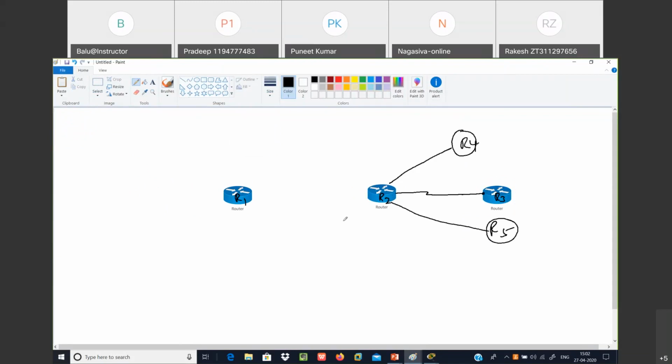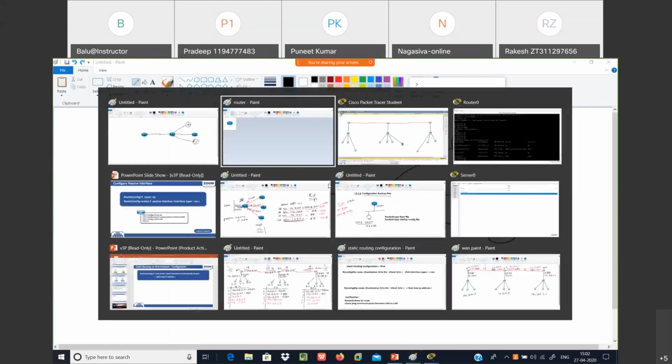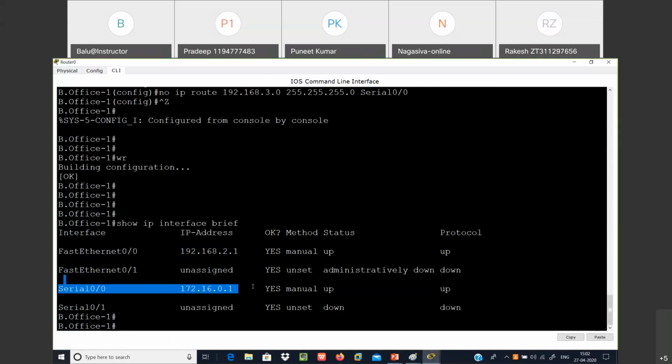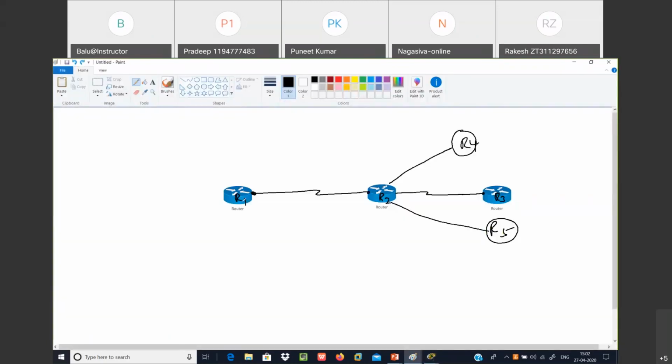Number of routers. R1 to R2. If R1 is also connected to some routers, branch 1, branch something. So based on what we have seen here, 1, 2 interfaces, right? If R1 has 3 interfaces or 4 interfaces,